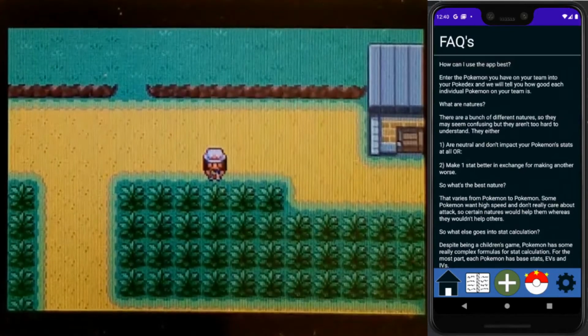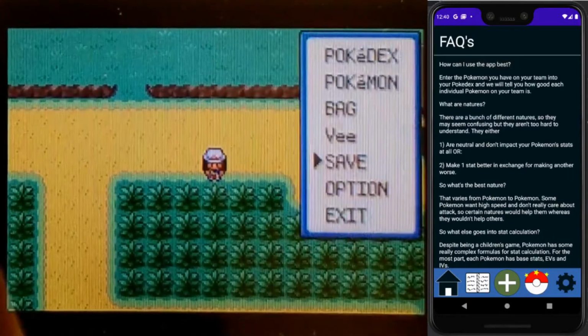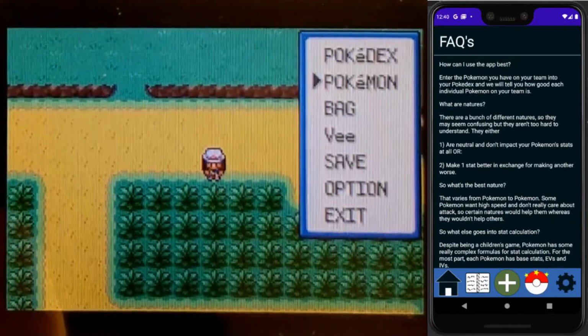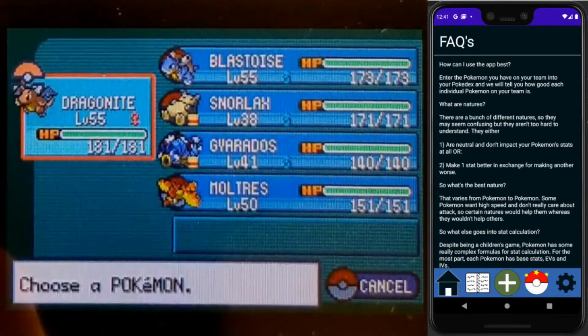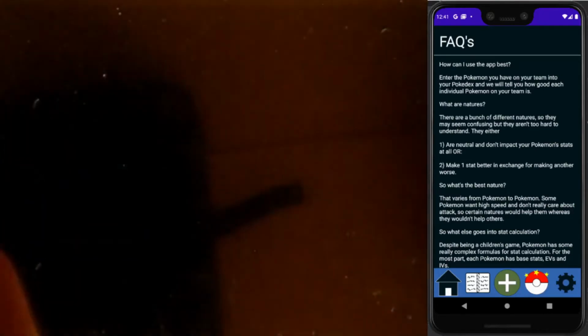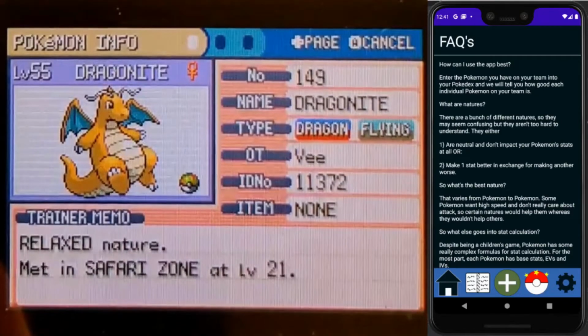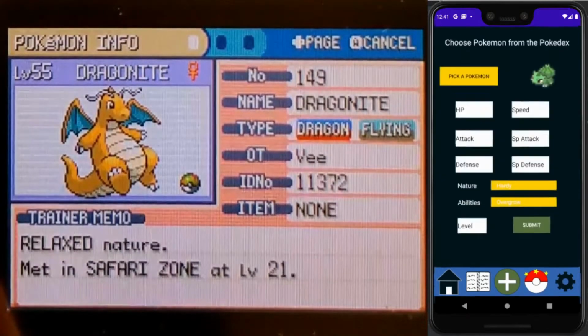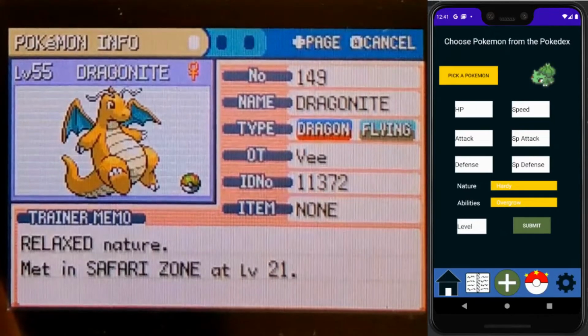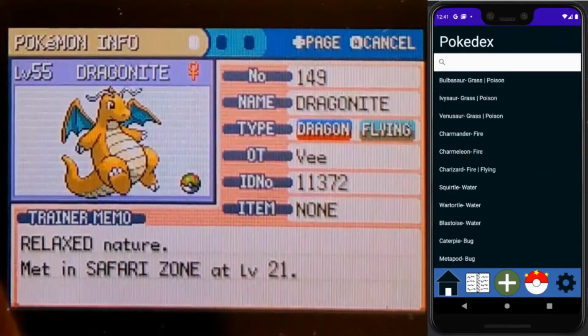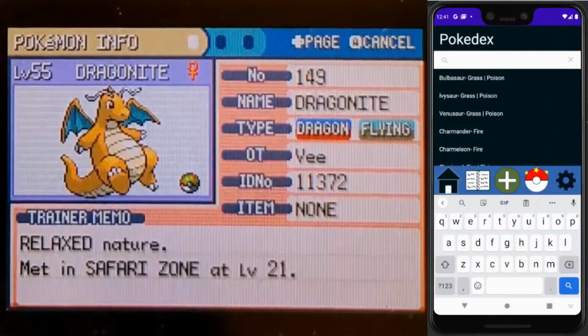And so in this game here, we've got V, and we can go to its Pokemon, and we can see we've got some Pokemon here already. We've got this Dragonite, and so if I want to add this Dragonite into my game, I can just go here to the plus and add this Pokemon right here. I can select what I need, and